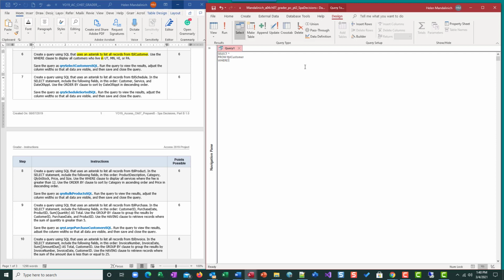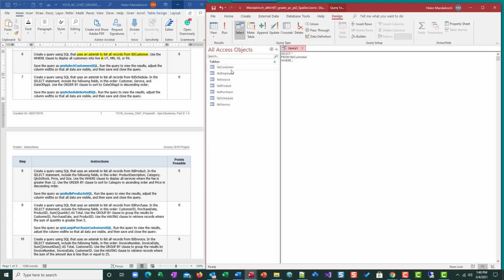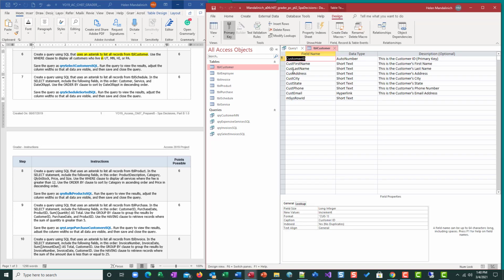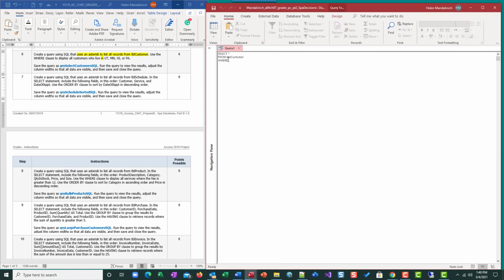and we have to figure out what field has the state in it, right? So you would have to know that. If you are unsure, you could look at what table this is, customer. If I go to design view, it's called cust state. So that's what I would need to do: where cust state in